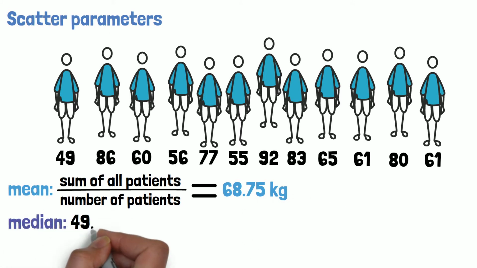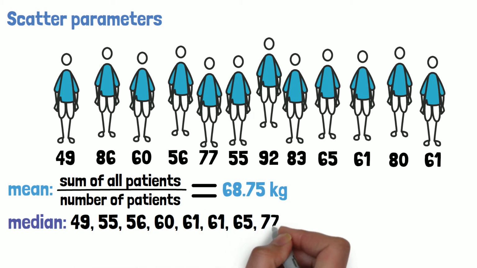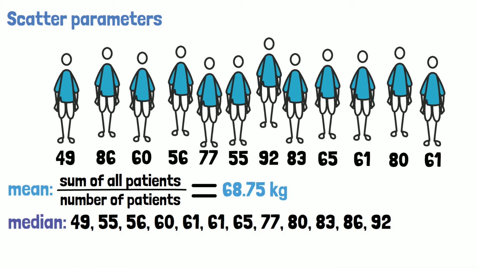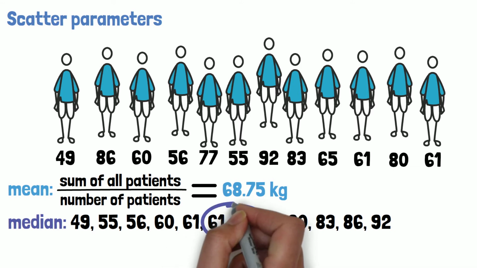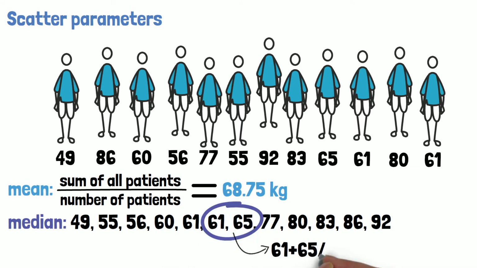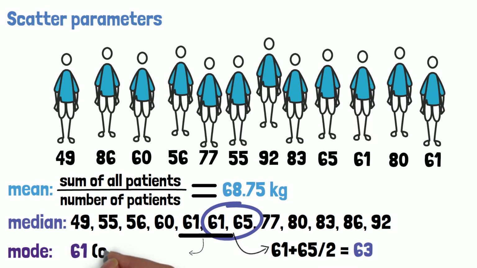The median is simply the value that is the middle of the sequence of values, ordered by size. In this example, we have 12 values. Here we take the average of the middle two values and end up with 63. The mode, on the other hand, is the value which occurs most often in the data. Since we have all values occurring only once except the value 61, this is the mode. So these three aspects give us a good impression of the average participant, but we don't know yet how the